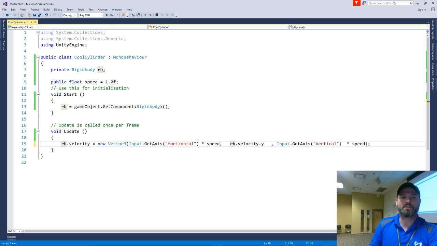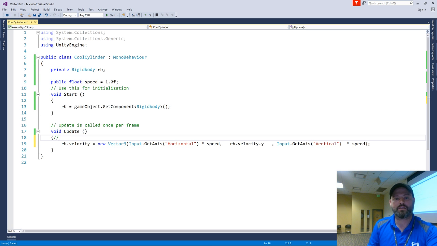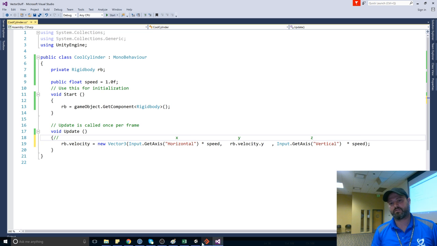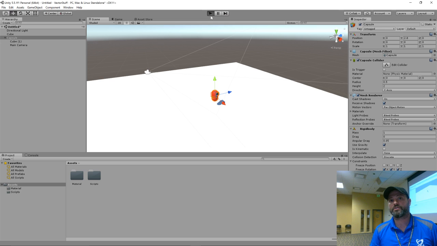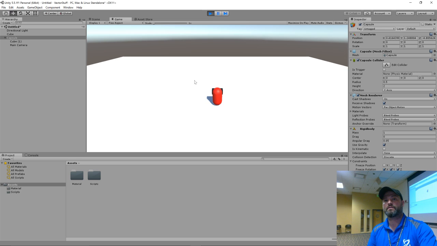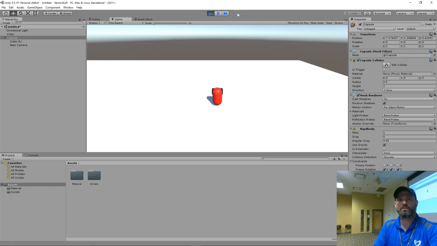so if I was making comments on this, I could say, this is my x, this is my y, and this is my z velocity, right? And so all this stuff is that. So now I should move faster on those axes. Not much faster. So still doesn't like me to move that much faster. Let's see what's wrong with that.